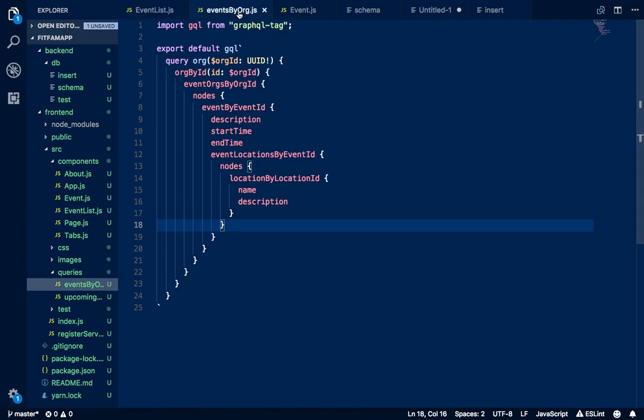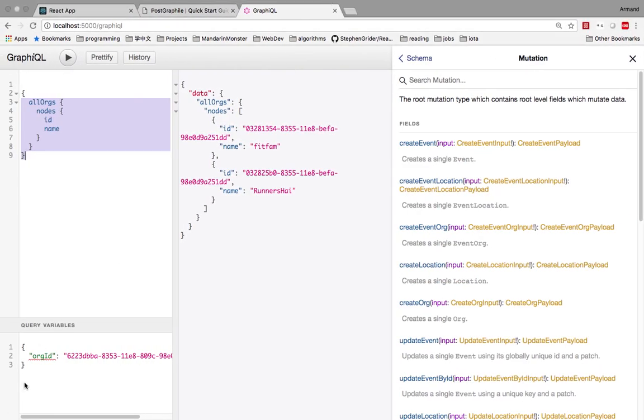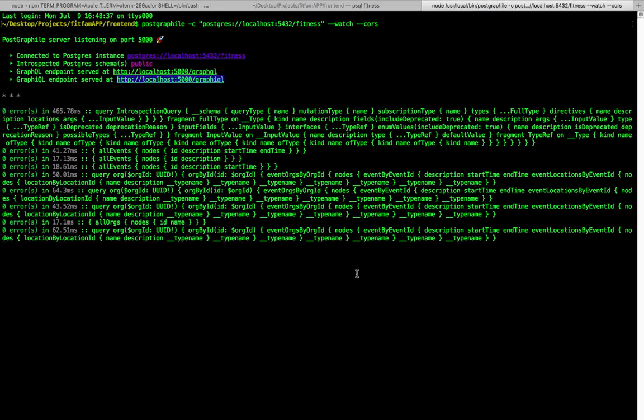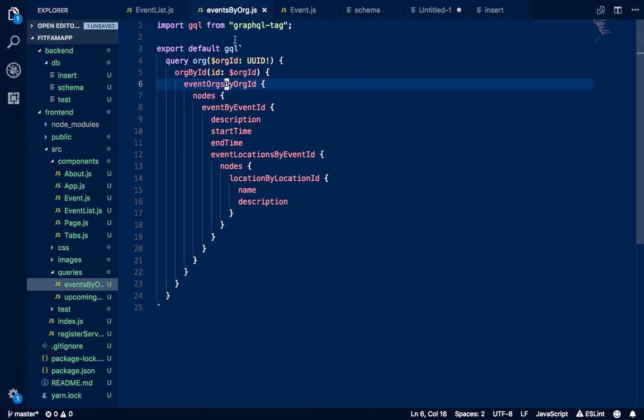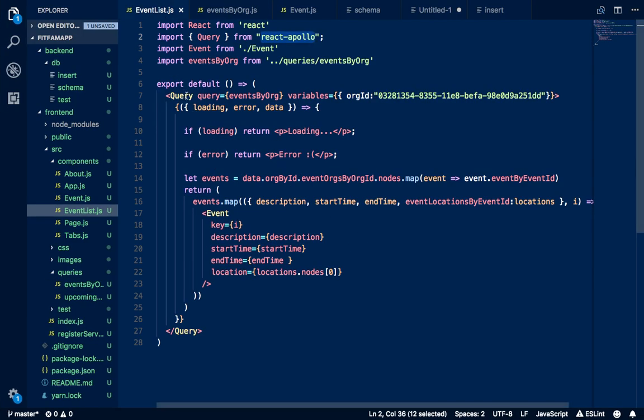So I have to set up the query. Just like before, here I'm setting up the query with that same general structure of getting things. In this case, I have an ID here, and it's fairly simple to do that, and you can actually do it in the graphical interface as well. You can go ahead, and here you see org ID. This is a variable that I used earlier in some tests I was doing. So we can go ahead and, let's see, where is that? Okay, so we have our query, then we go ahead and we pass our query into this query object,